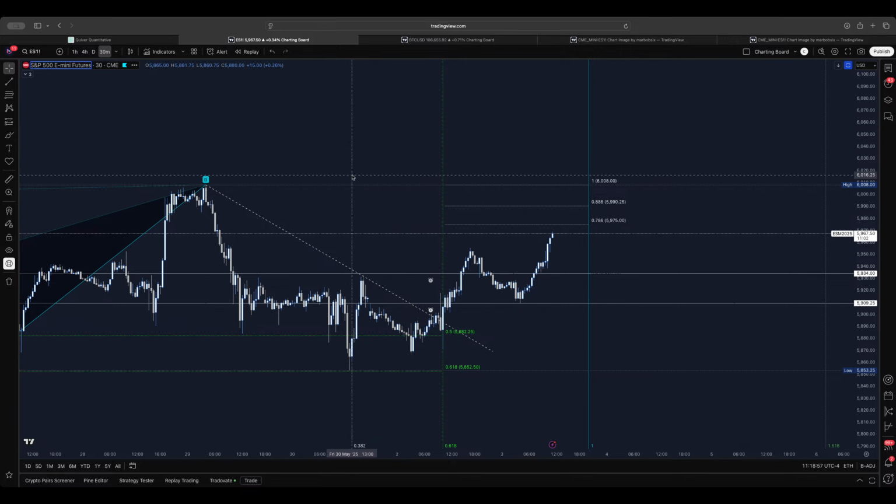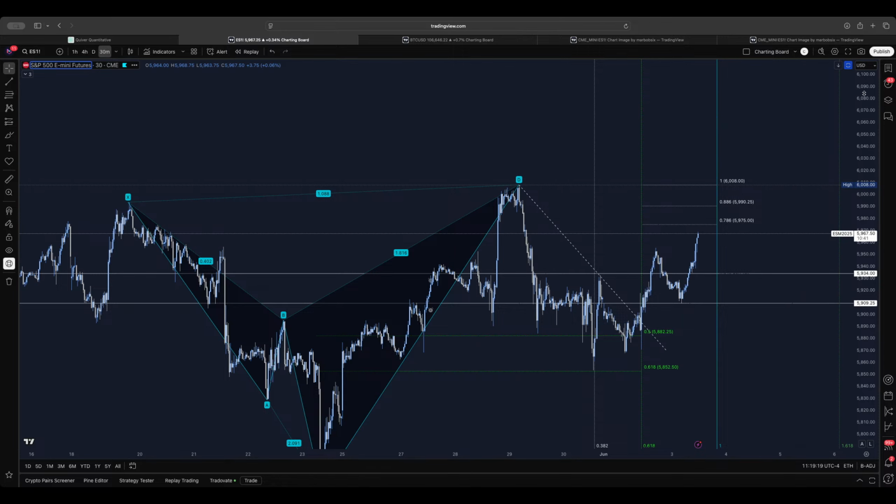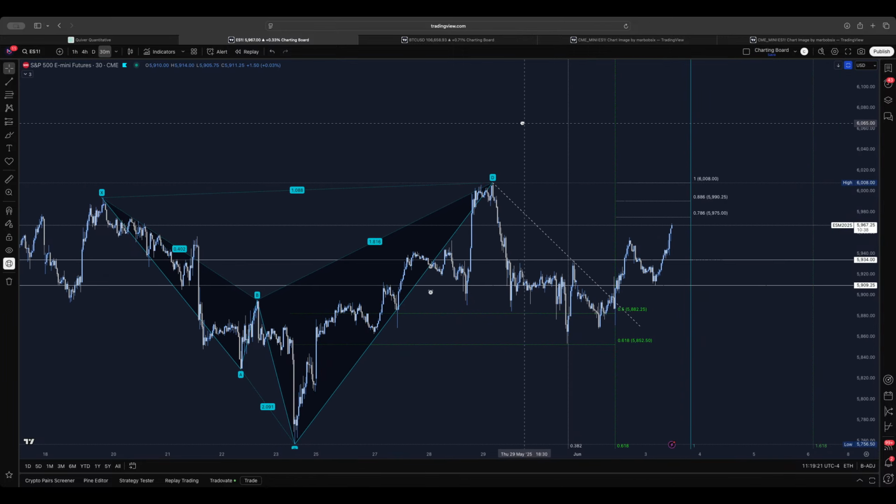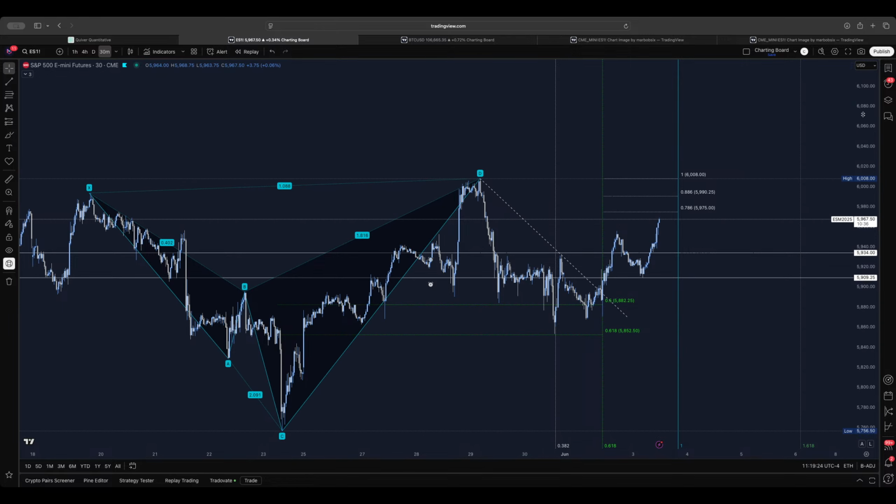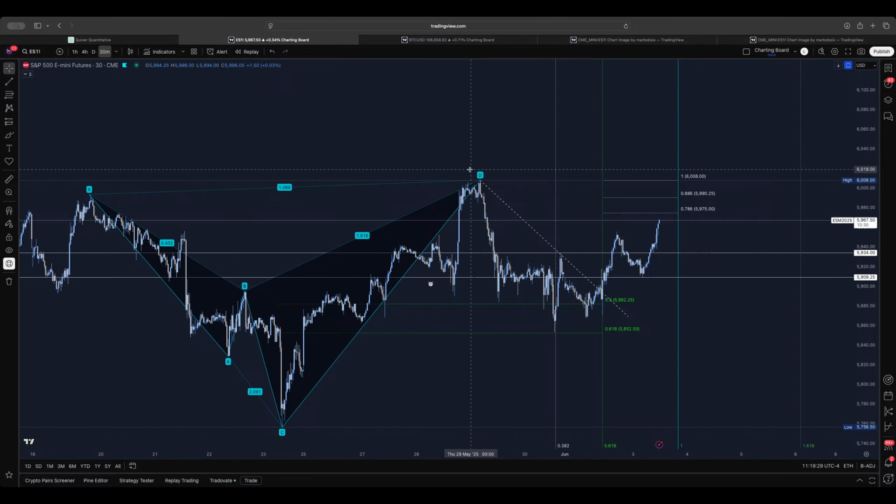As you guys can observe, we are bouncing from the intersection between price and time mentioned on the previous stream, I believe it was last week, okay, that if the support level was found either at the 0.618, which indeed we tested, as well as a 50% of that W formation, a shark pattern that also present as a precursor of a bullish continuation structure, meaning that after finding resistance at the D point at 6,008 points, prices should